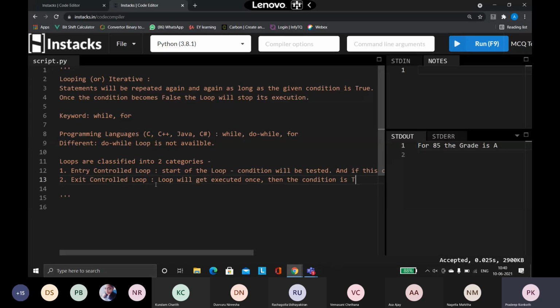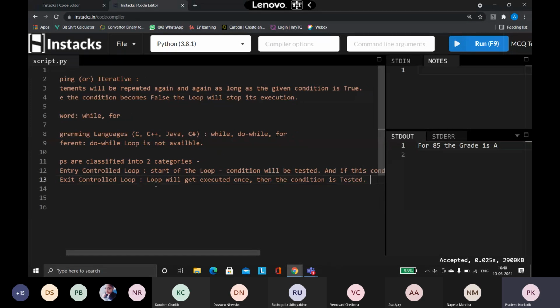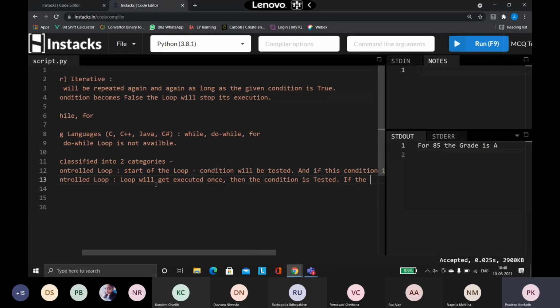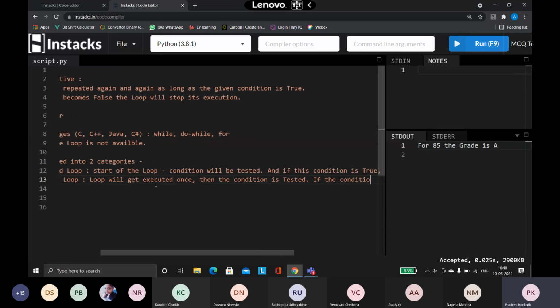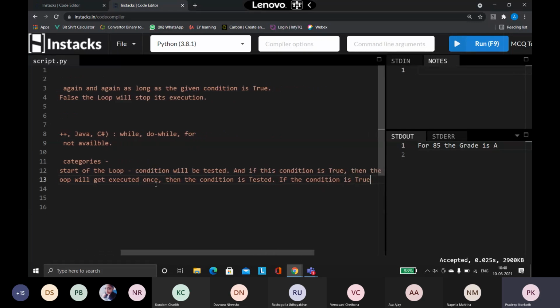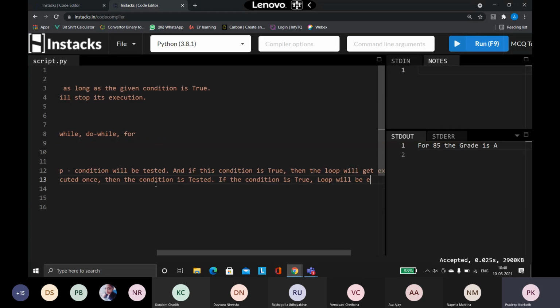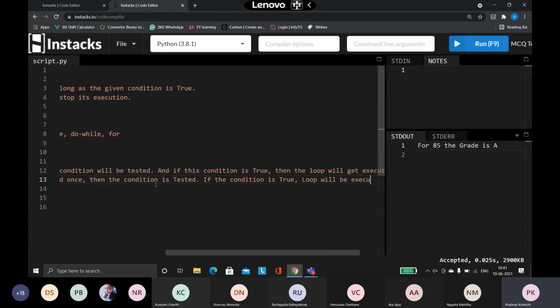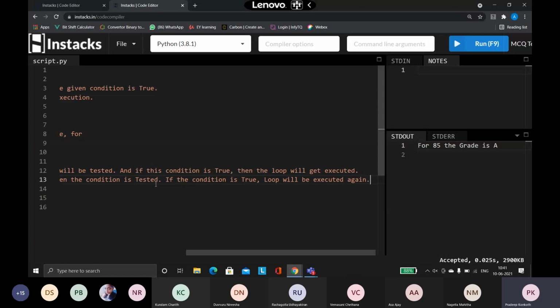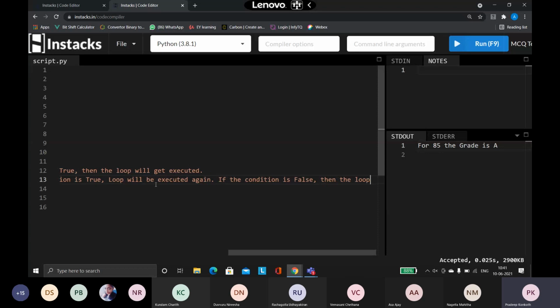If the condition is true, the loop will be executed again. If the condition is false, then the loop will stop.